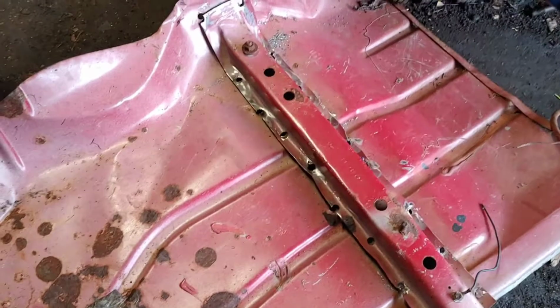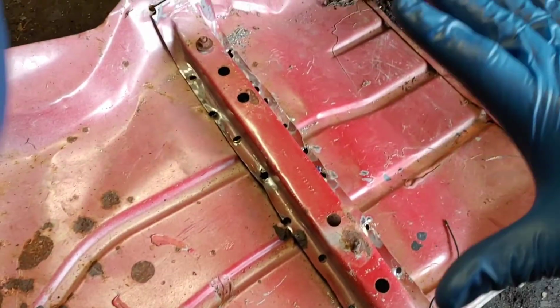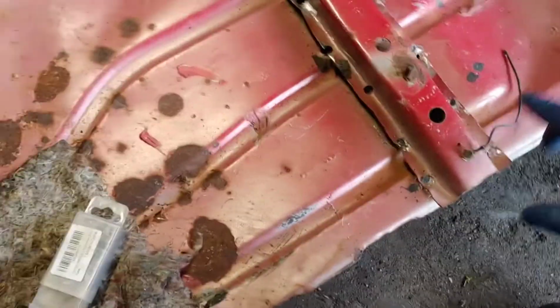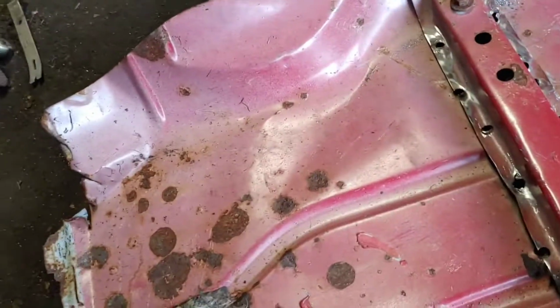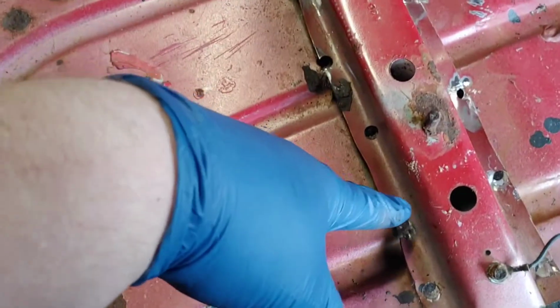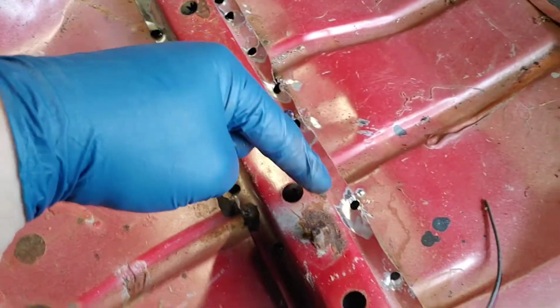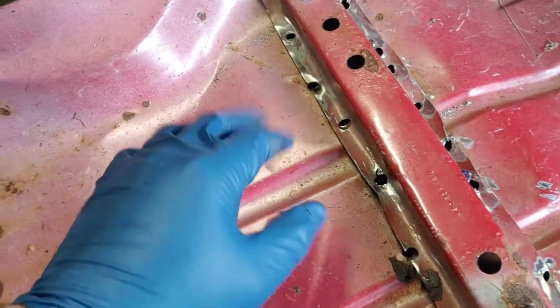Okay, so what you're going to want to do is find either a donor car or maybe some other thing online where they sell seat brackets. And what you're going to want to do is pretty much drill out all these spot welds right here. There's about 82 bajillion of them. It takes a little bit, but if you go and drill it out, take your time with it,